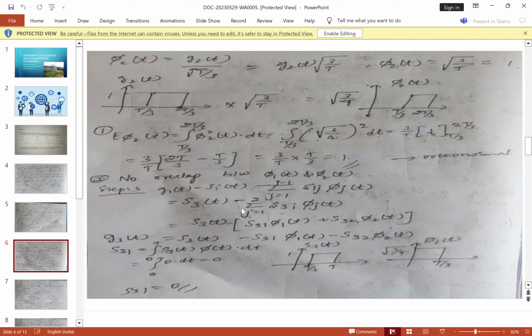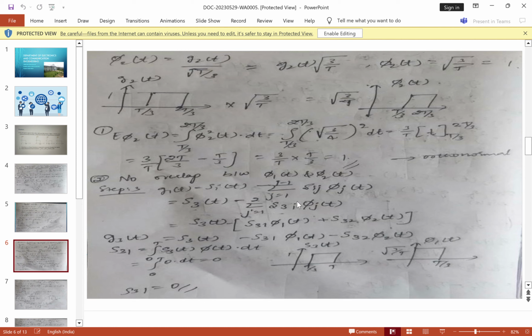S3 of t minus summation of j equals 1 to 2 S3j into psi j of t. That is S3 of t minus S31 psi 1 of t plus S32 psi 2 of t. G3 of t is equal to S3 of t minus S31 psi 1 of t minus S32 psi 2 of t. S31 is equal to the integration from 0 to T of S3 of t psi 1 of t into dt, that